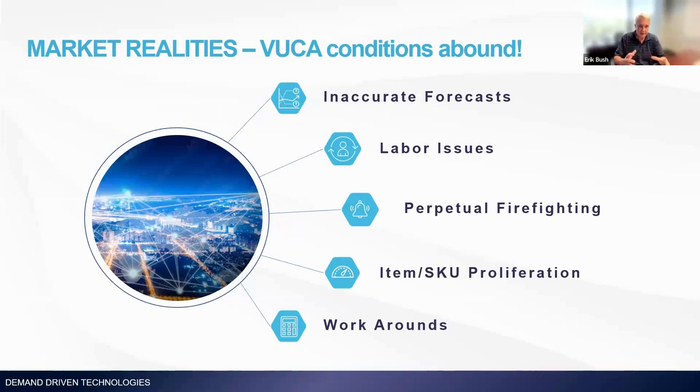On the other hand, just looking at it from more the topics that we hear about in talking with clients around the world, they're still struggling with inaccurate forecasts. They have tried to get those forecasts to be more accurate, but have achieved limited results from that. They've also had experience with a lot of personnel or labor issues. In other words, during COVID and even now, people are finding staffing to be a major challenge in their environment, whether it's for the production environment or in supply chain planning roles.